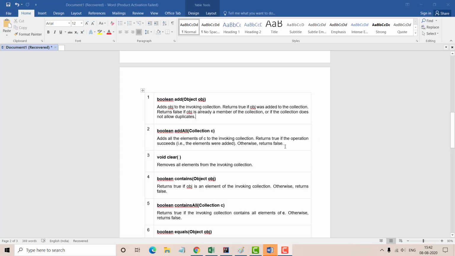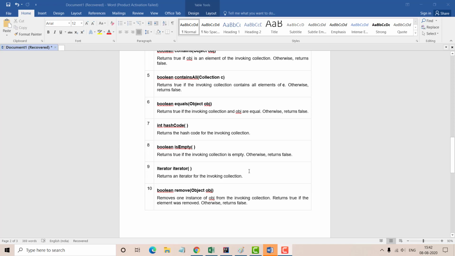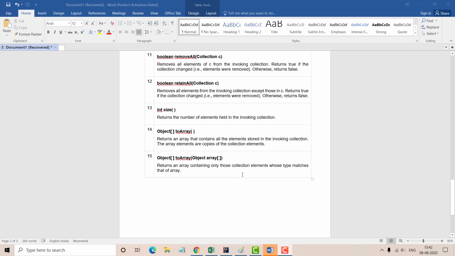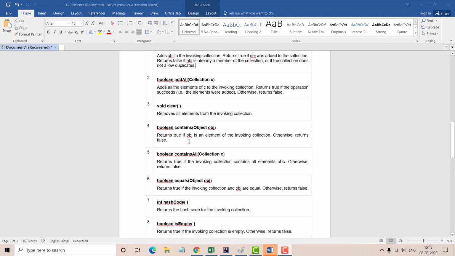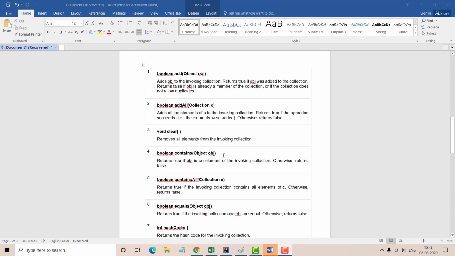So we will see what the different methods present in the Collection interface are. There are around 15 methods defined in the Collection interface. We don't need to go into much depth at this stage of the tutorial. In the later part we will be using all these methods in our programming, so we will get a clear idea then. But just to get a glimpse, we will quickly see the methods present in it.